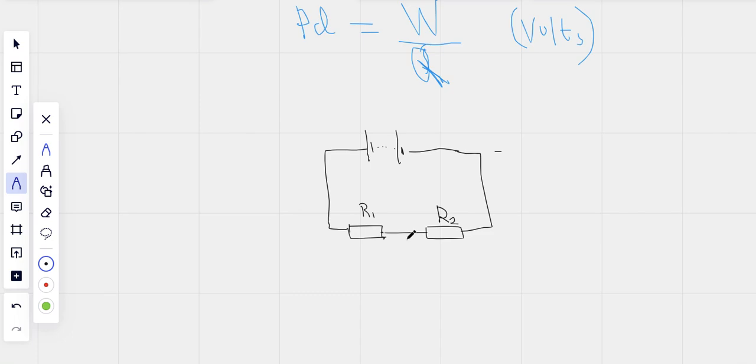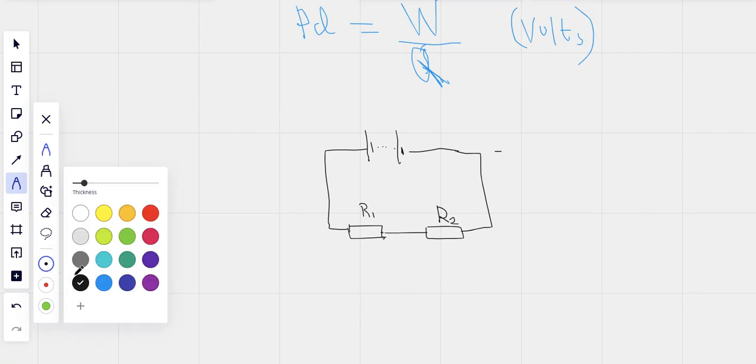We'll talk about the arrangement when we start doing resistors. It's another subtopic. After potential difference, we'll be treating resistances. So in series, they are on the same straight line in the loop. They're together in the same straight line on the loop, okay? So we have two components. Here, if we connect a voltmeter,